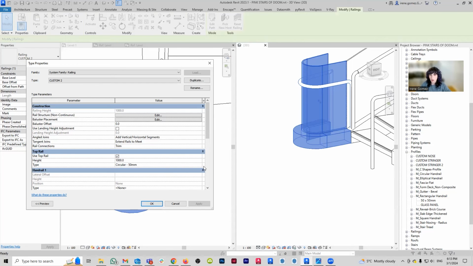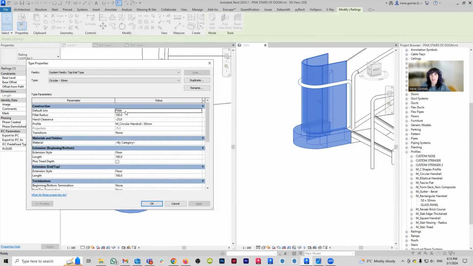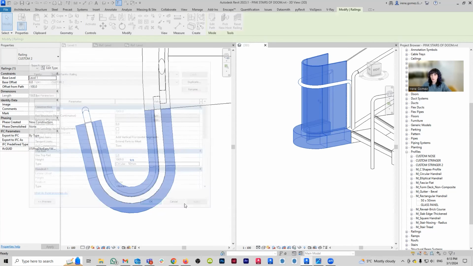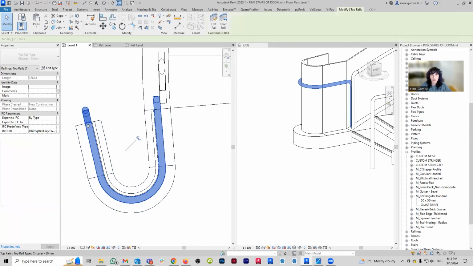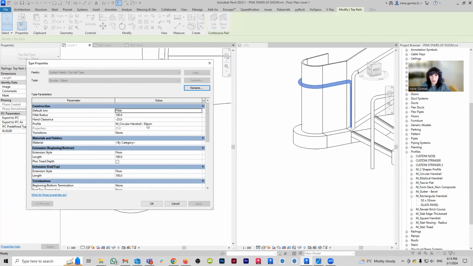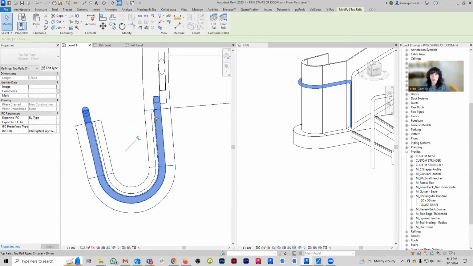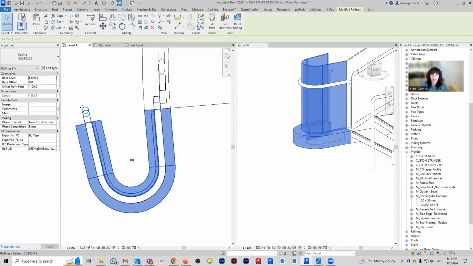Now, I want to make sure that it is working with the same railing that has the fillet and has all the other things that we have done. And then to finish it up, I just need to edit this rail the same way that I did with the other. Oh, no. Because this is driven, give me a sec. What we're going to do here, let's see, if I edit my rail itself, can I just edit the offset of the rail? No. So we're going to use the rail for the offset of this whole thing. So this guy aligns with this guy. So I think it's supposed to be minus 50.